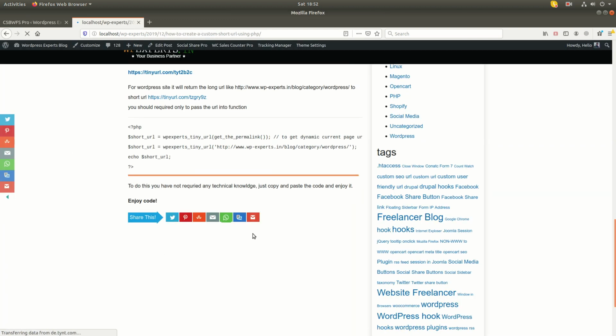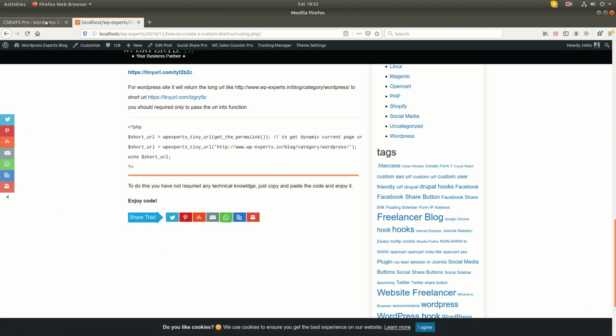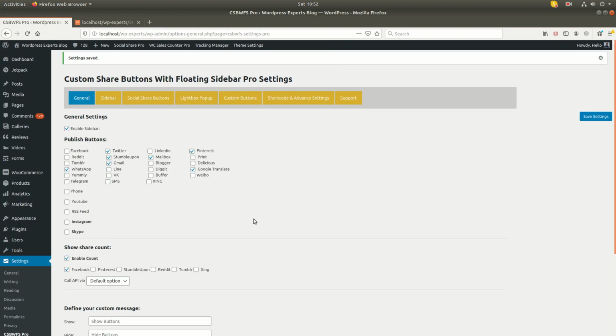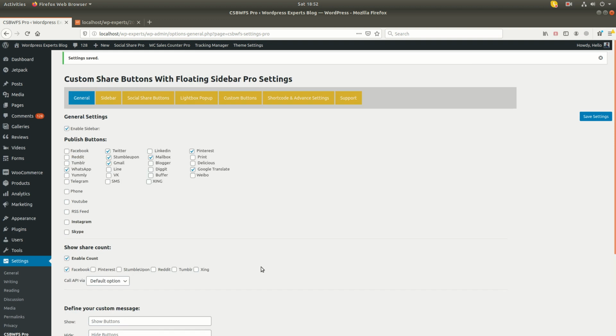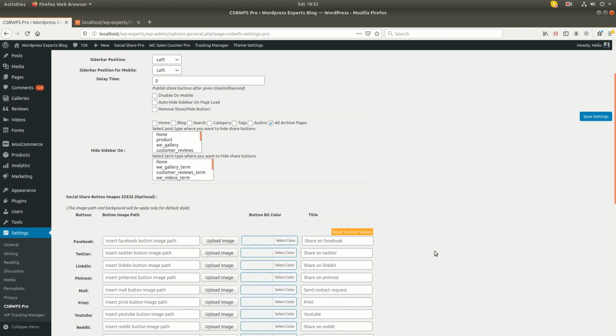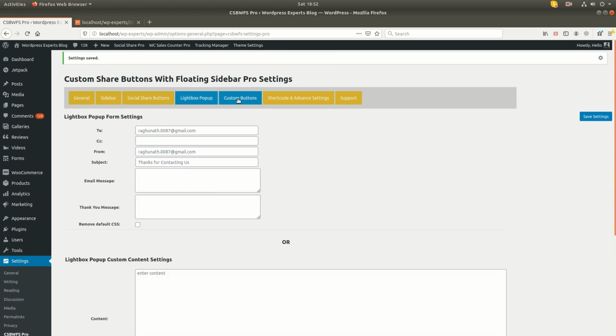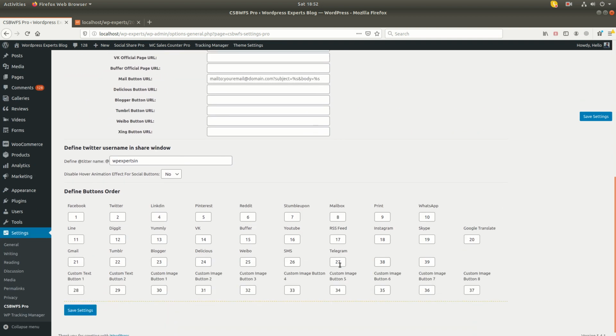You will see these are the default colors, as per the official social site colors. So if you don't want to use the default color, if you want to use your custom background color or text color, in that case you can use our default custom style setting. And that's it. I have explained all the features.